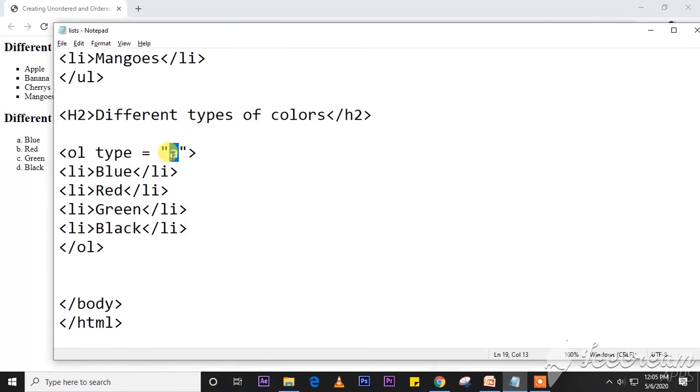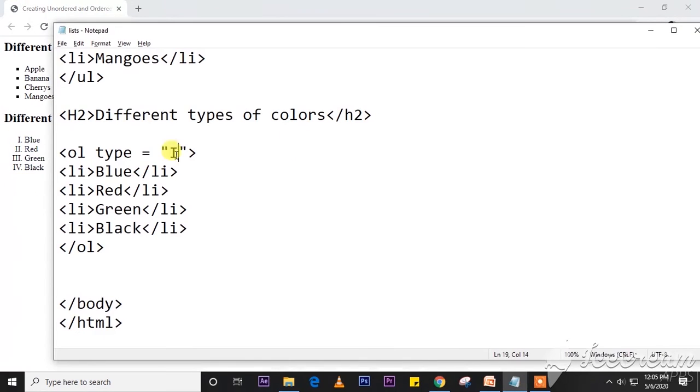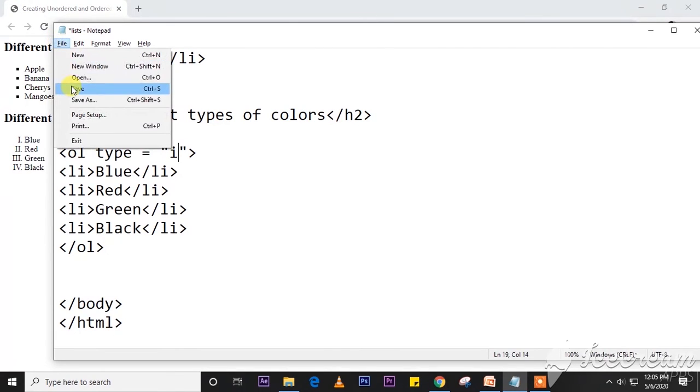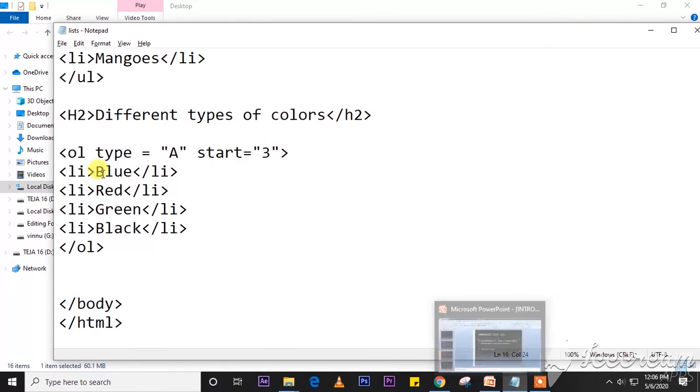If you write here capital I, then you can see here Roman numbers. If you write here small i, save it and refresh, you can see here small Roman numbers. Now I am writing here type is equal to capital A and start the letter from 3.